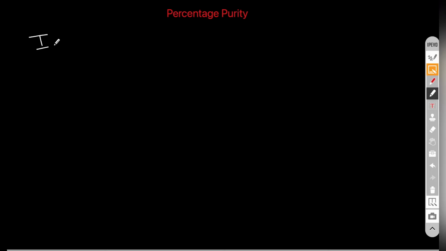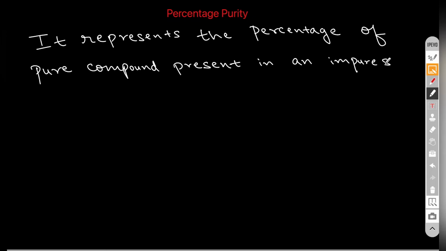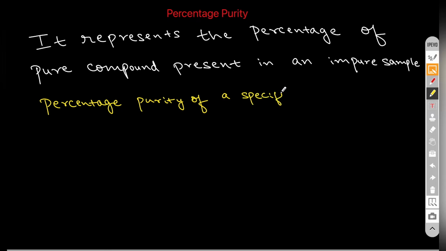Now moving to percentage purity. This is also an important concept. For percentage purity, we'll write the definition that it represents the percentage of pure compound or pure sample present in an impure sample. So percentage of pure compound present in impure sample. We will write that percentage purity of a specific compound